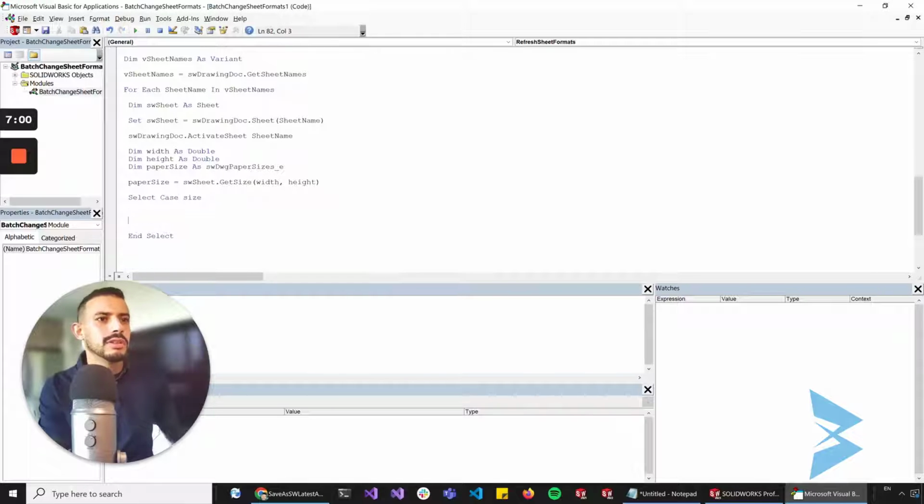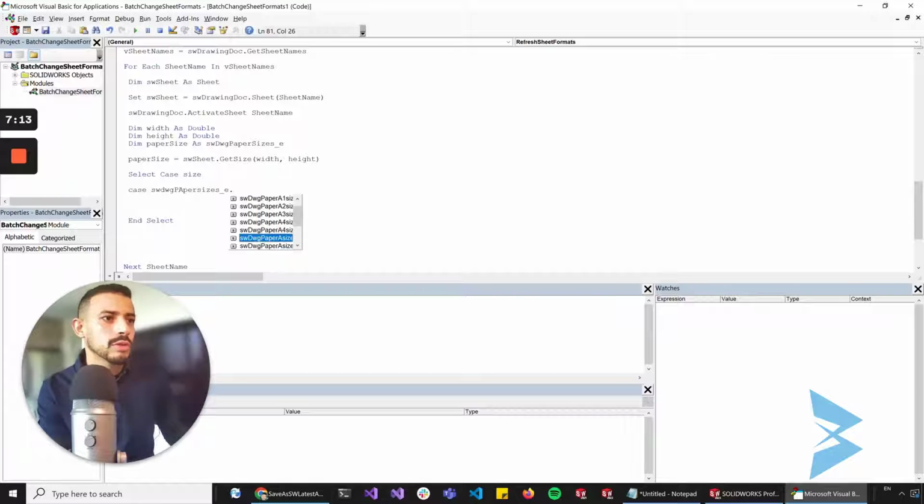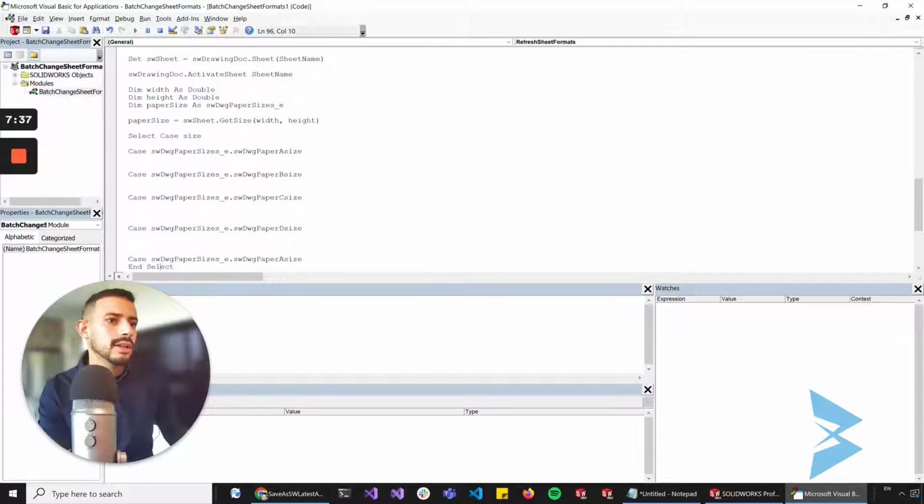What's going on? So select case size, end case, and then the first case in here will be SDW paper sizes underscore E. Since we're using US formats for today, we're gonna do A, just A. I don't want A vertical, just A, and we'll do B, C, D, E,